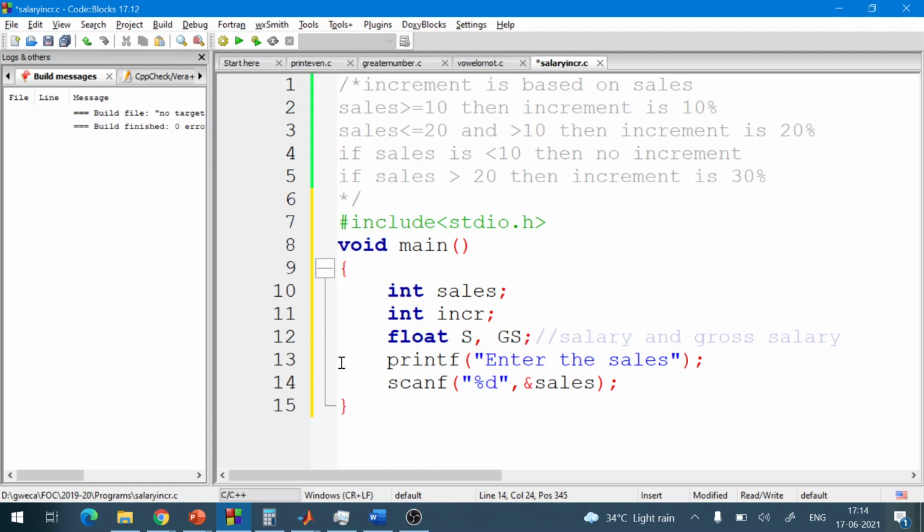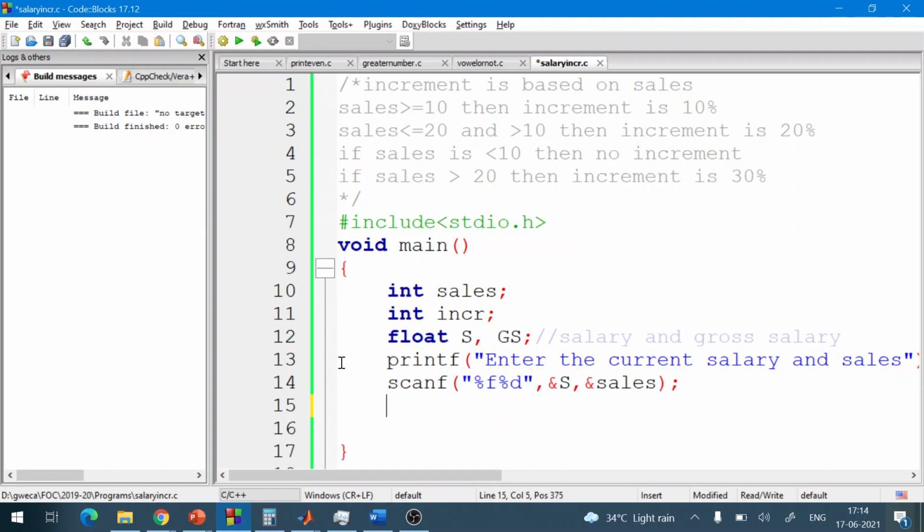Because of percentage, salaries can be in the float. Now we have to input the current salary also. Printf, enter the current salary and sales. So two things we have taken, first percent f, that is salary, and the second is sales. In this way we will take both inputs, and don't put a space here.